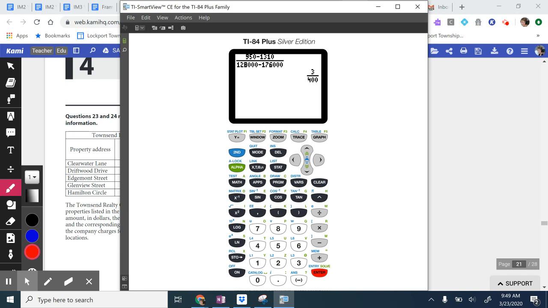Now they don't give me, there is no fraction, so I'm going to do that division to get its decimal equivalent, because all my answer choices are expressed as decimals, and I get